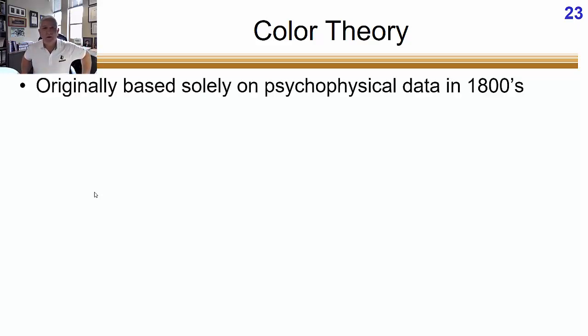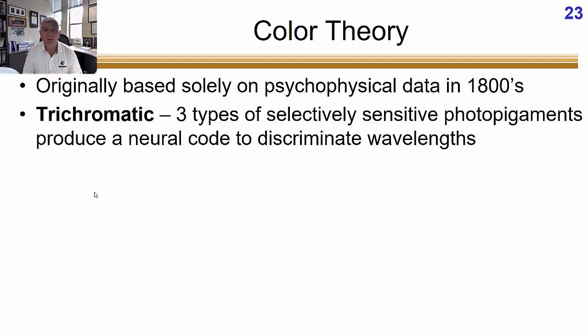Okay, color theory. Let's talk about how all this happens. We've already been talking about neural integration and the three different types of photopigments in the cones. And way back in the 1800s, just based on psychophysical data. So what does that mean? Psychophysical data means that we're going to change a stimulus and then ask a human, okay, what is your perception? And by doing these types of experiments, people were able to come up with the trichromatic theory, which is this theory that we have three selectively sensitive photopigments that are blue, green, and red, and they came up with this because of the ability to color match using those primary wavelengths of light.